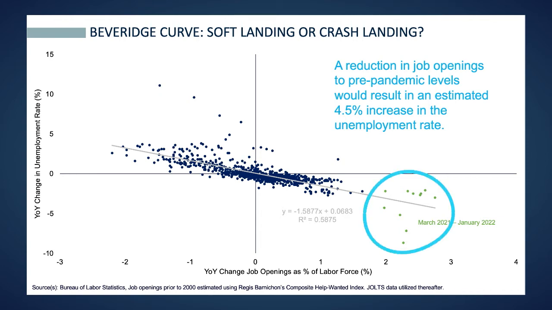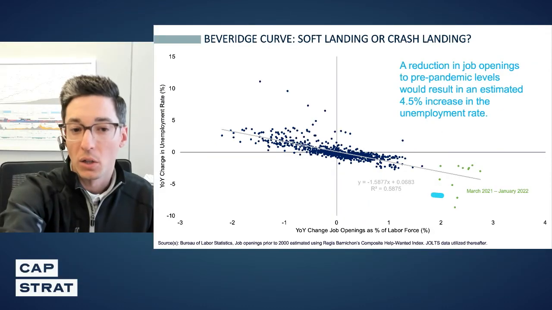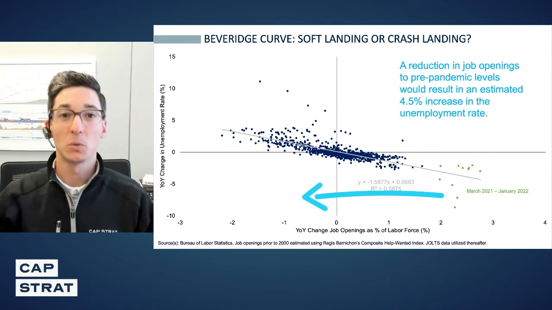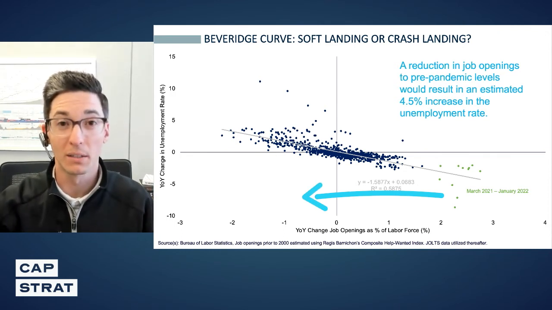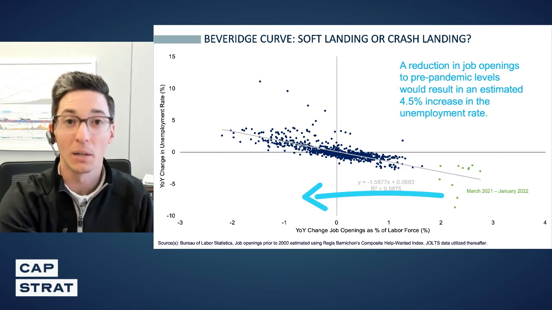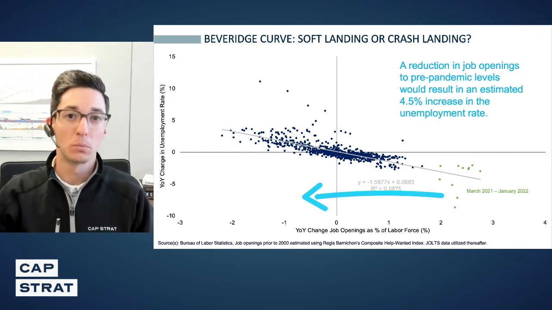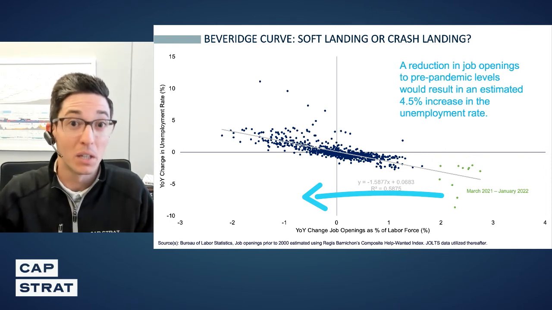All of those green dots, what we've been experiencing here has been job openings going up by plus 2% year over year. One of the fastest increases in job openings we've ever seen. And those have been associated with a pretty significant reduction in the unemployment rate. Where we're at now on this graph, the bottom right quadrant, the Fed is basically saying over the next 12 to 24 months, I want to go to the bottom left. I just want to decrease job openings by about 2%, but I don't experience any increase in unemployment.